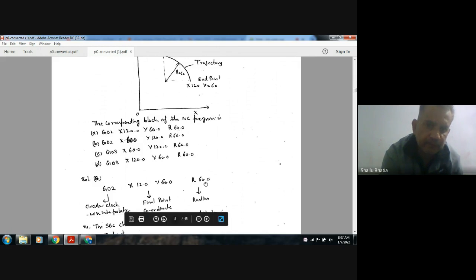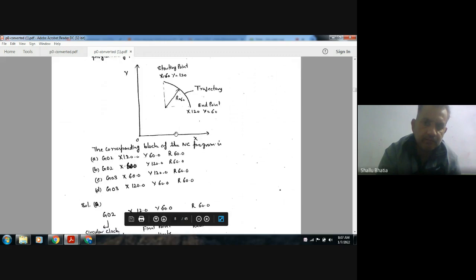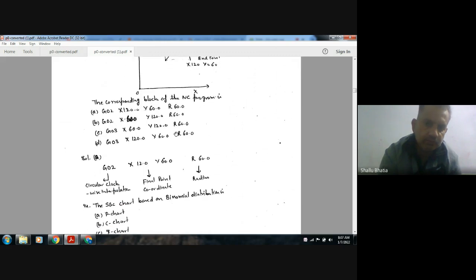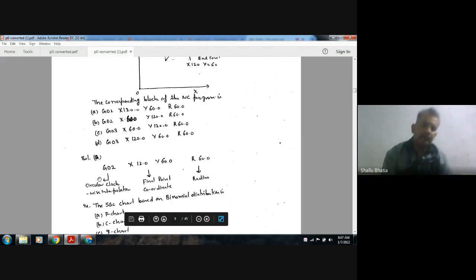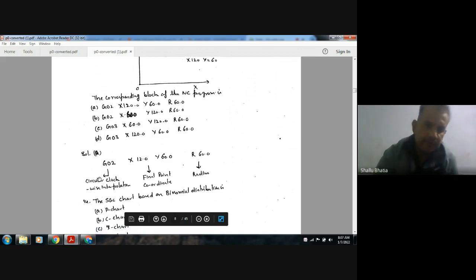Then we will use the radius. The radius is 60. So this is the corresponding block, and the answer is C. Final point coordinate, radius, and the interpolation. Next,